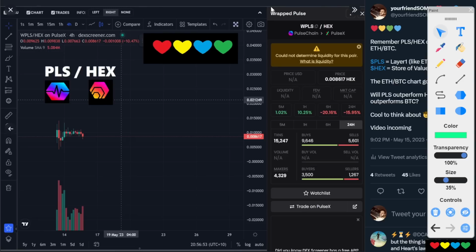It might be apparent one day, okay? But I'll be honest, you get that cute little water pistol, yeah, and you squirt me, right? If you squirt that water pistol in my direction and you said pick a side, I guess I would take a punt that Pulse versus HEX goes up. So that means Pulse increases against HEX. So Pulse, the ecosystem, Pulse, the layer 1 chain, goes up against the store of value. If I had to absolutely take a punt, based on the premise that ETH BTC goes up, and you know